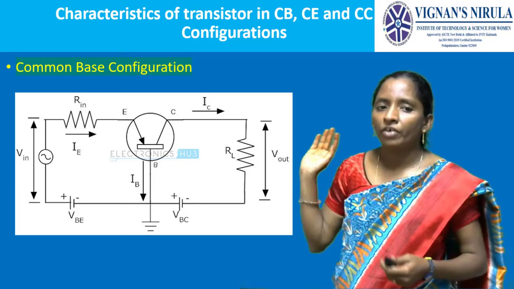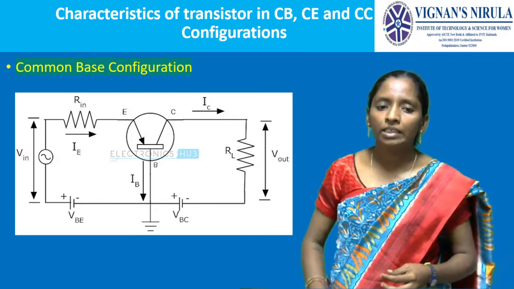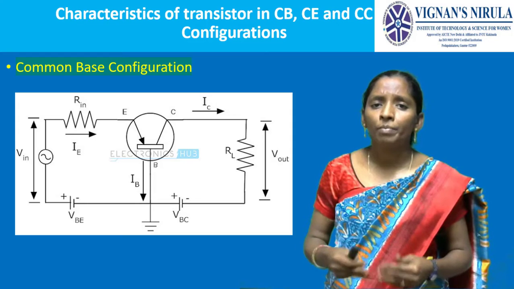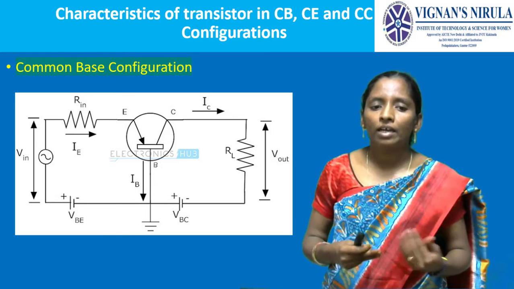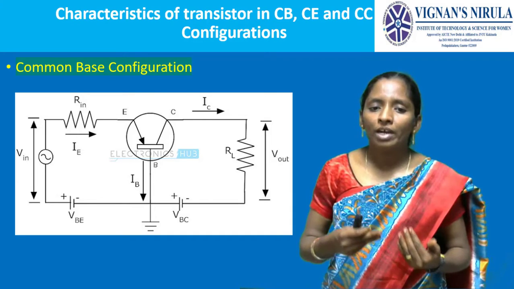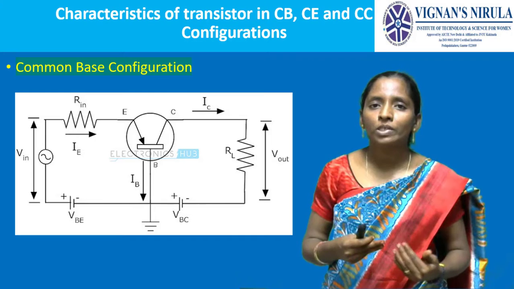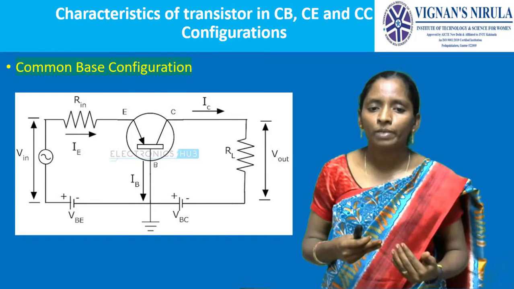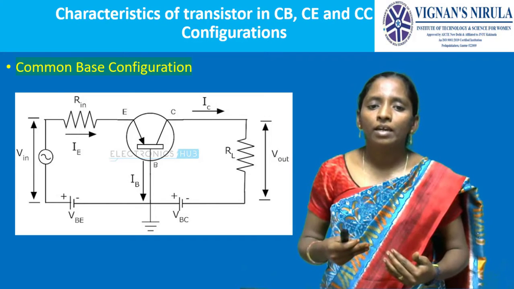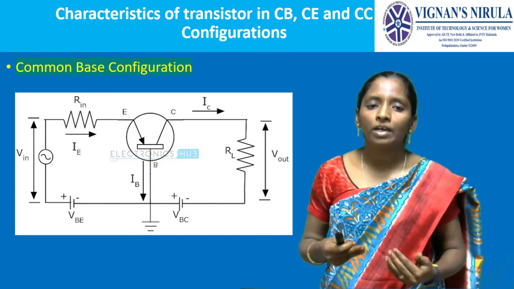This is the circuit diagram for the common base configuration. Here we have to apply forward bias at the emitter base junction and reverse bias at the collector base junction. For providing forward bias at the emitter base junction, the emitter is positive, and we are taking a PNP transistor here. So we have to connect the positive terminal of the battery to the emitter with respect to base. And to provide reverse bias at the collector base junction, here the collector is also positive, so we have to connect the negative terminal of the battery to the collector.